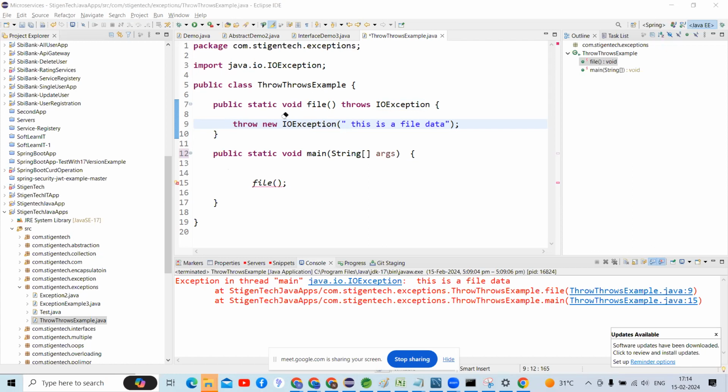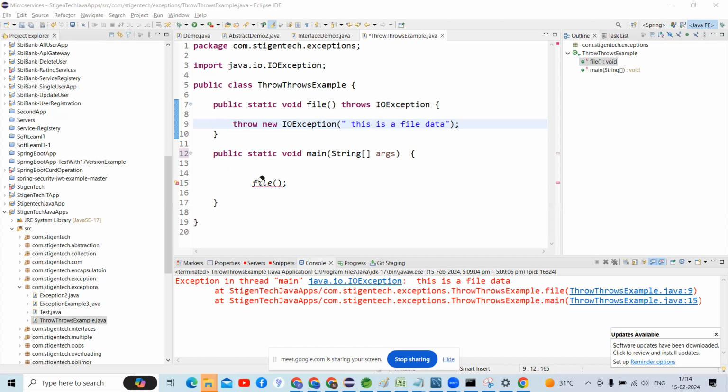When I'm calling that file, at that moment, is there an exception or not, guys? See here, you can identify there is a compile time error. We are going to handle that exception with the throws keyword. That throws keyword handles that exception. Okay, no problem. But when I'm calling this method,